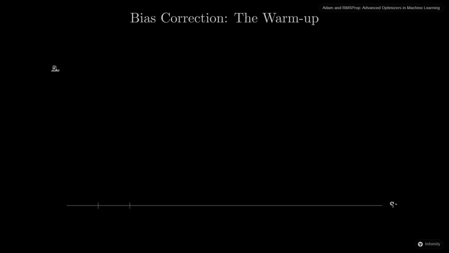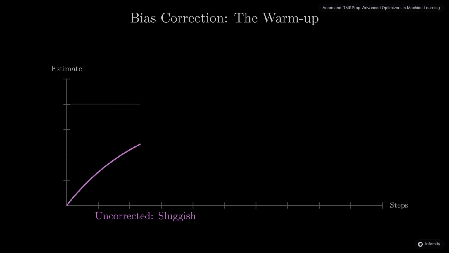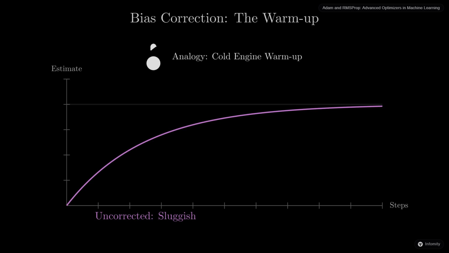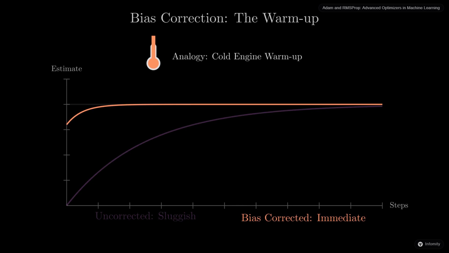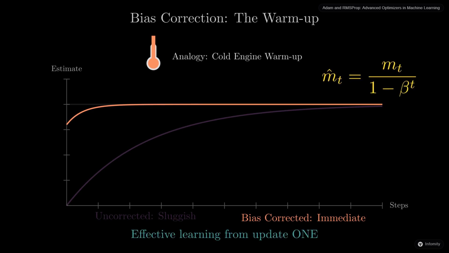One clever trick inside Adam is bias correction. Since our moving averages start at 0, the initial estimates are often too small, making the optimizer sluggish at the very beginning. Think of it like a cold engine warming up. It takes a moment to reach peak performance. To fix this, Adam applies a mathematical correction that boosts the values during the first few steps. This ensures that the model starts learning effectively from the very first update, rather than waiting for the averages to